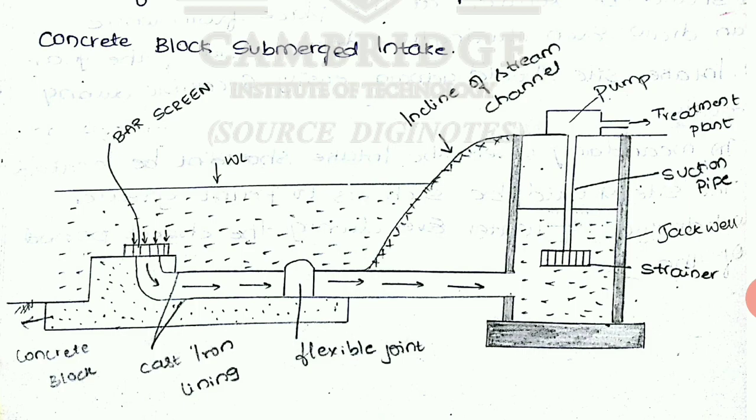The basic function of the intake structure is to help in safely withdrawing water from the source over a predetermined range of pool levels, and then to discharge this water into the withdrawal conduit, through which it flows up to the water treatment plant. The water will be collected and sent to the water treatment plant for further treatment.